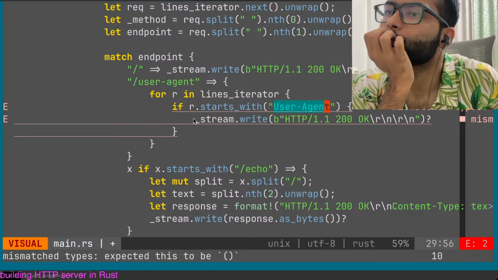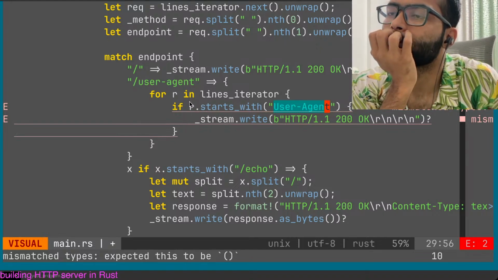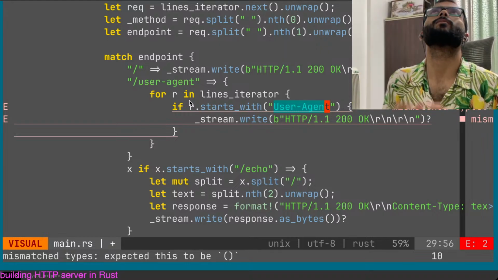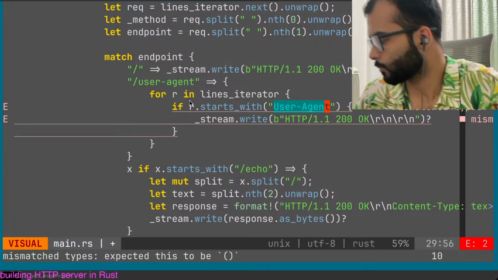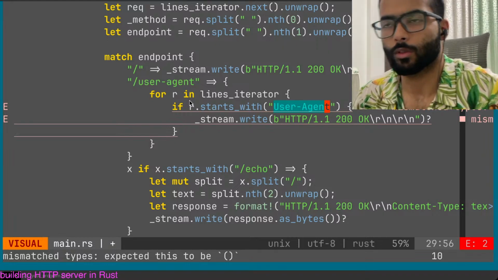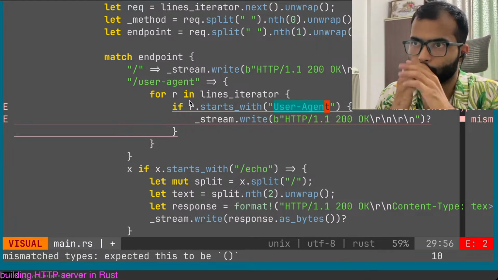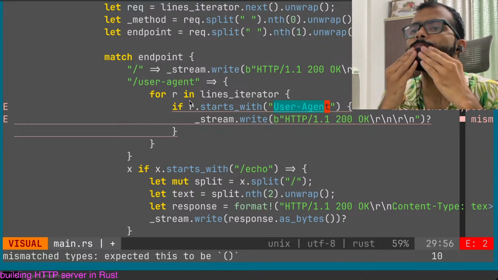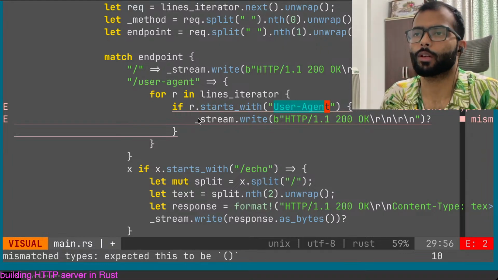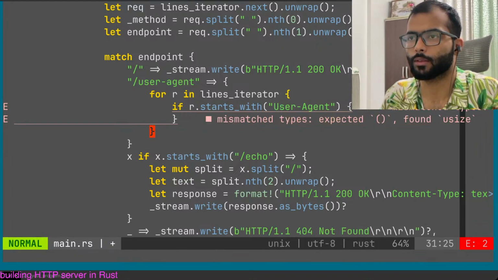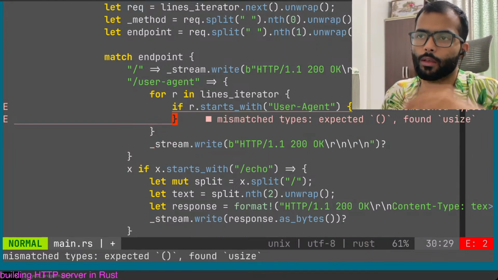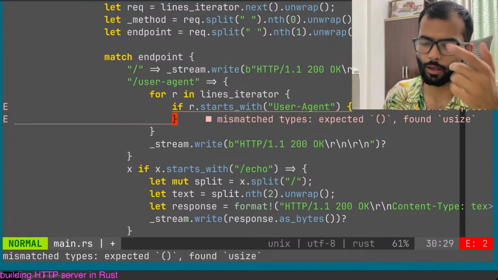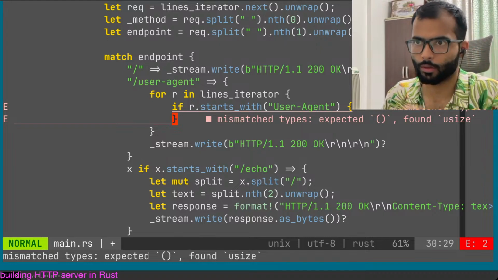Hmm. Okay, I think I know how I will handle this. I will wait for the end to send the stream, and if I get R starts with the user agent,